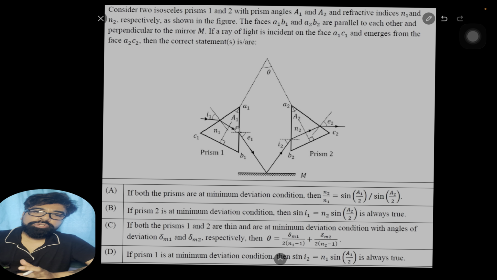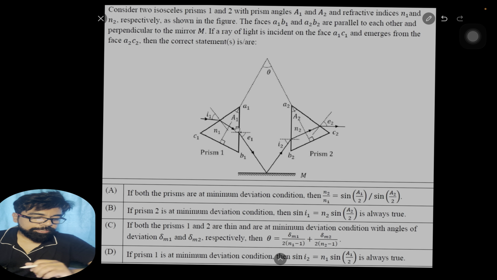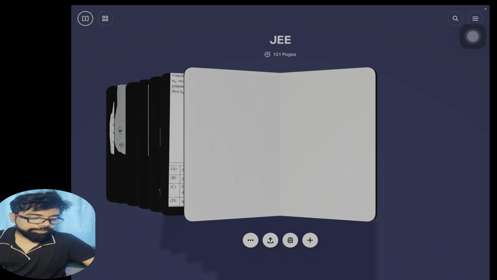coolest that is given. Those of you who know the ray optics and the prism theory already, you can skip the theory part that I'm going to discuss now, and you can directly jump into the solution. You can go a little bit forward in the video. And those of you who are completely new to ray optics or completely new to prism, bear with me and listen to the theory, learn first the theory, and then try to generate the idea that how I am solving this. So first of all, for a prism